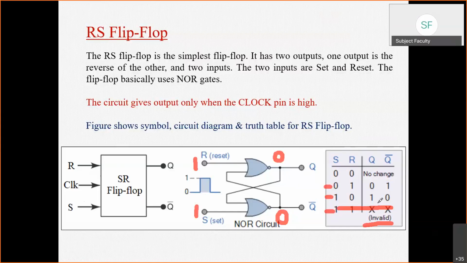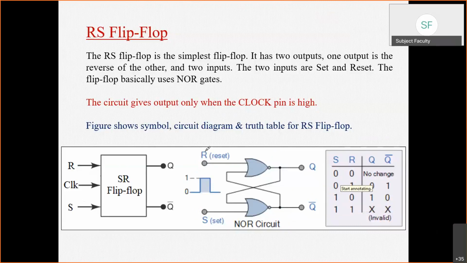Okay, it is pretty straightforward. The same value came on both your outputs, which is not possible because we have said Q and Q bar are complements of each other. Right. Now first I will be explaining.